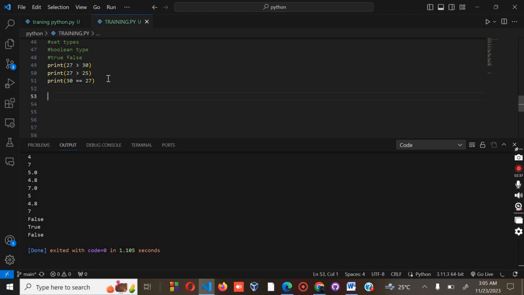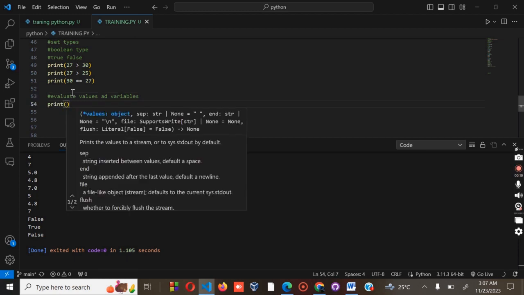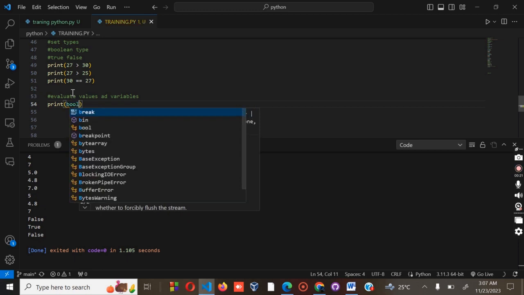Okay, for this one, we have evaluate values. The variables, for example, we have print, then we have the bool,